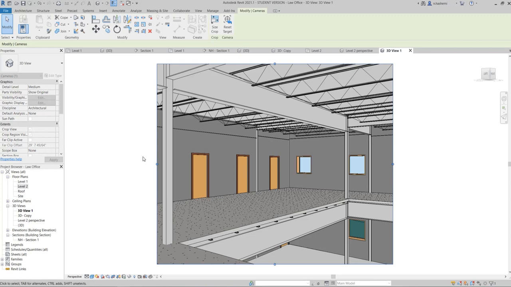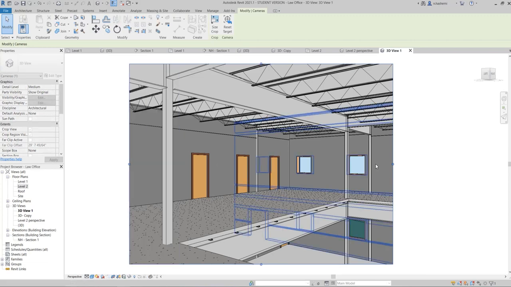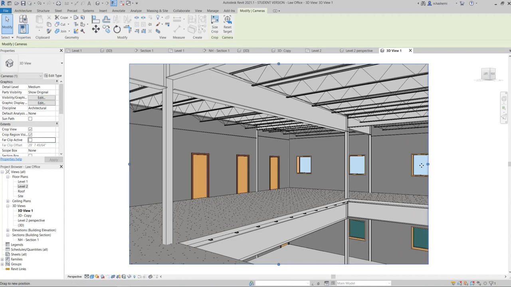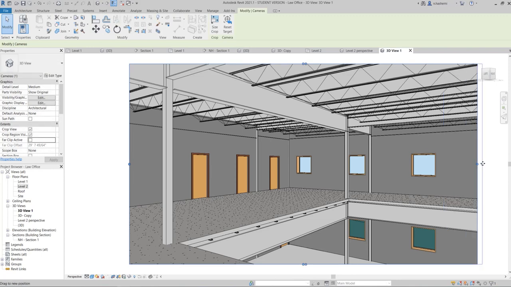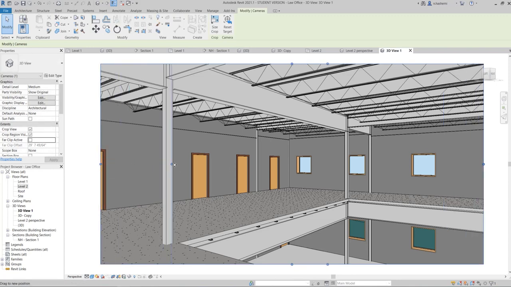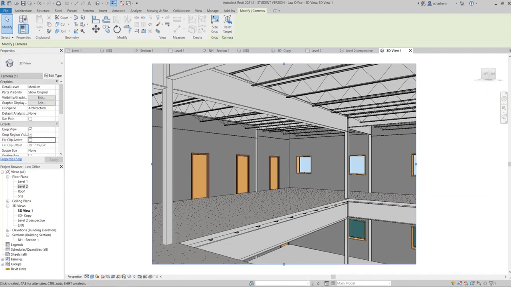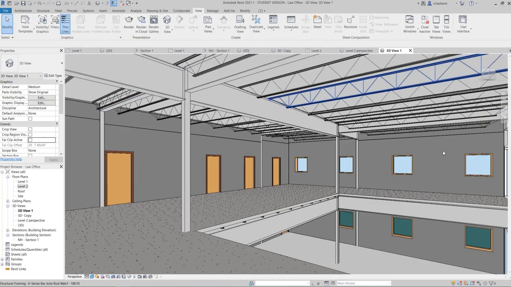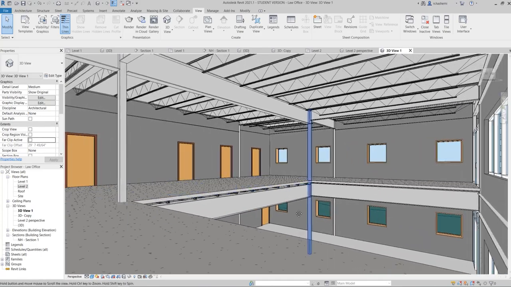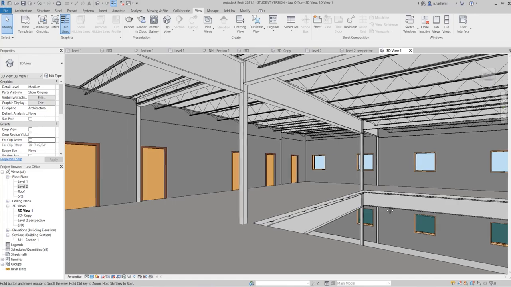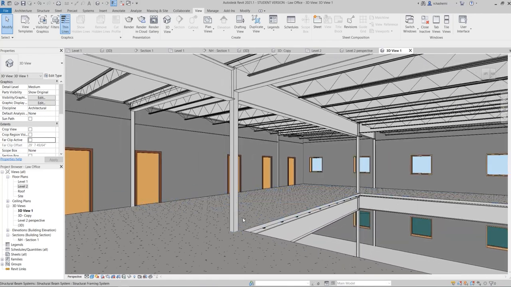So let's go back to 3D view, and you can see a window here that you can adjust. So you can pull them in or out. Actually, you are adjusting your camera view here, okay? But just make sure you will not go so far away, because your view will be so wide and it will not be realistic anymore, okay? As you can see, your view is cropped right now, and you can just uncrop your view from here. So this is uncropped right now, and then you can just pan and move through your view. So I'm just holding the wheel button and moving through the building, okay?